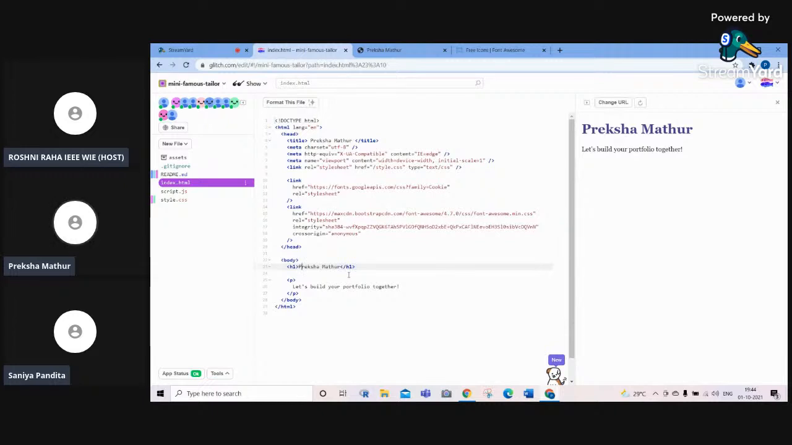All right, awesome. Thank you so much, guys. So now, as you can see, there is this p tag here. What does this p tag mean? I hope you might have guessed it already. It's a paragraph tag. With this paragraph tag, we can write something about ourselves here. Right now it's written, let's build your portfolio together. We can obviously remove that and write whatever we want. But before that, I want you all to